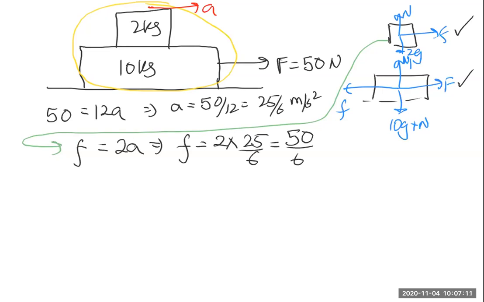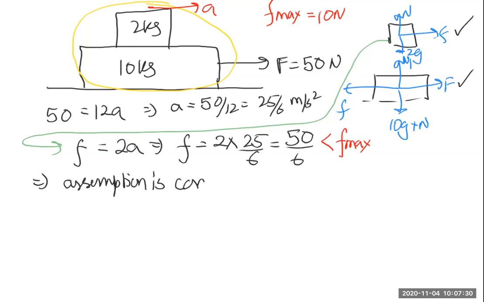And remember that F max, पहले ही workout कर चुके हैं, is equal to 10 Newton. So this is less than F max. This implies that the assumption is absolutely correct. Both blocks